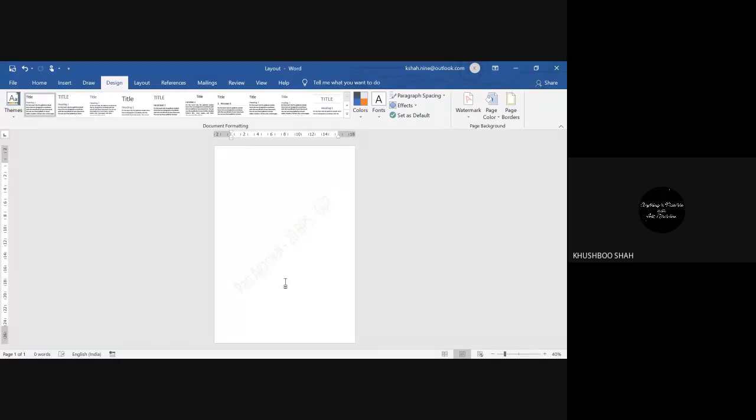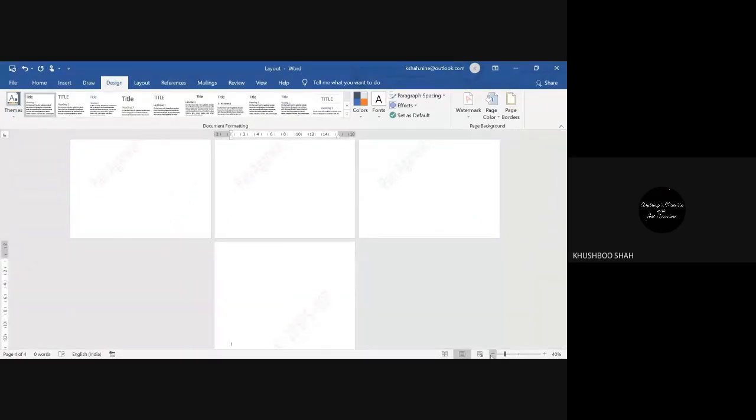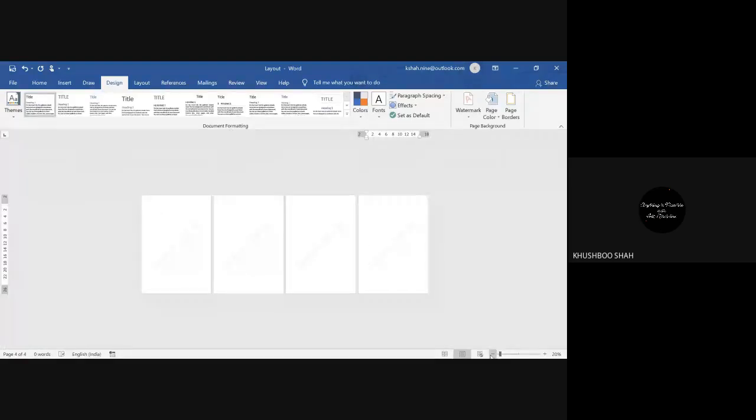You can use this especially for your assignment, because normally people just take your assignment and go and make a xerox of that. So in that case it's a safe method. And this watermark you will find on each and every page.